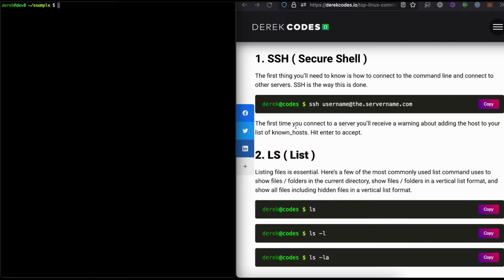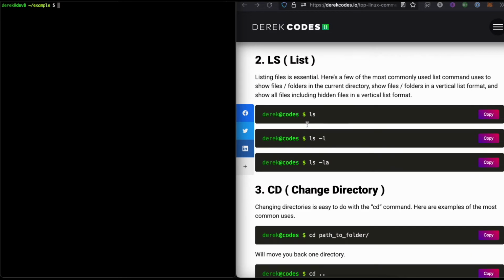Step two is ls, or the list command. Super important, because the different ways to use it are pretty different. If you just type in ls, you'll see here that we have a composer file and our example app that we've been working with in some other videos, but you can't really see much. So using space -l, which is the elongated, kind of vertical format of the list, you see a lot of